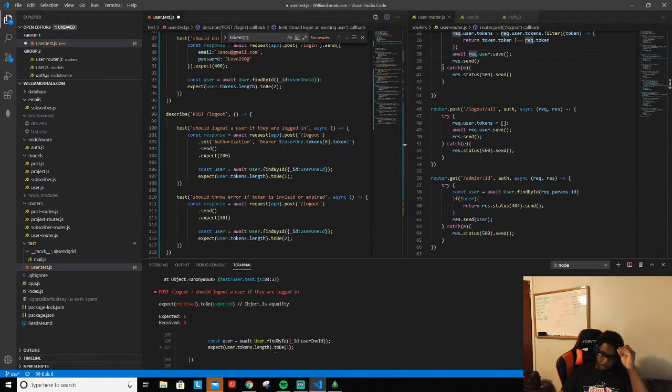And here we should log out a user if they are logged in. So when we use this logout, they're saying that